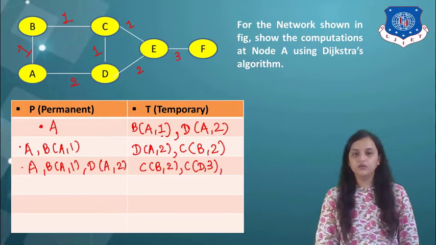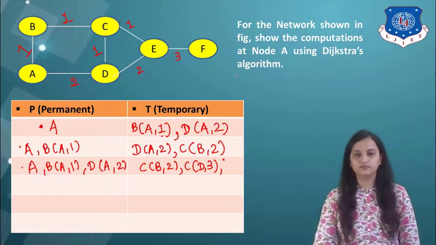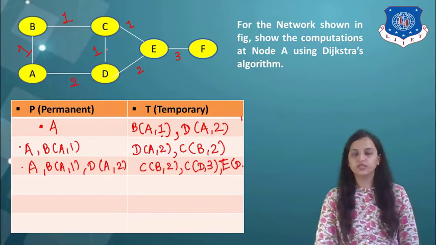Okay. Now in the same way, E is also connected to D. So we need to write down over here E, from the node D with the distance 2 plus 2, 4. Another case is also possible, that is 1 plus 1, 2, 2 plus 1, 3, 3 plus 2, 5. Okay, so here ED4 and ED5.